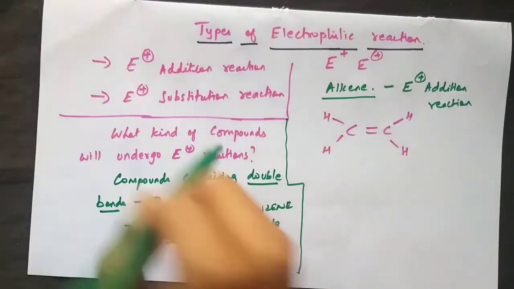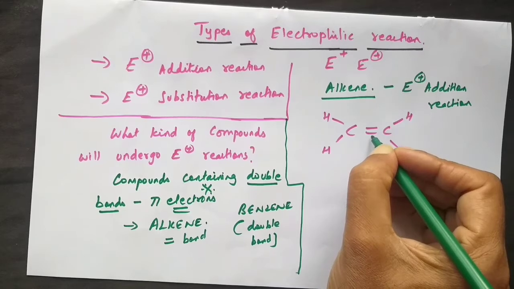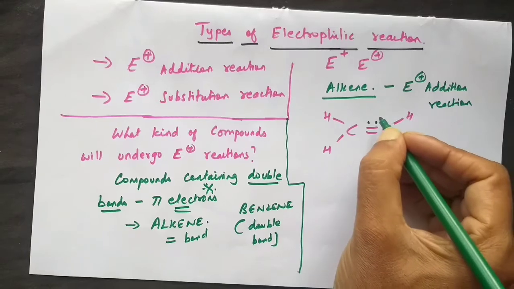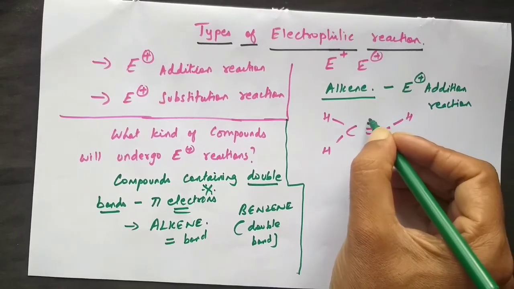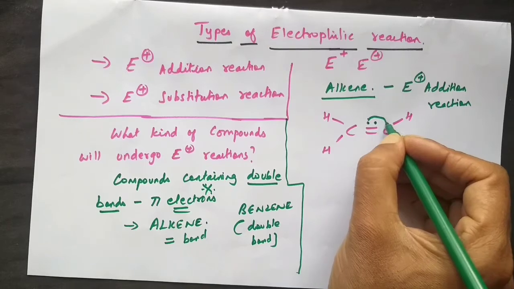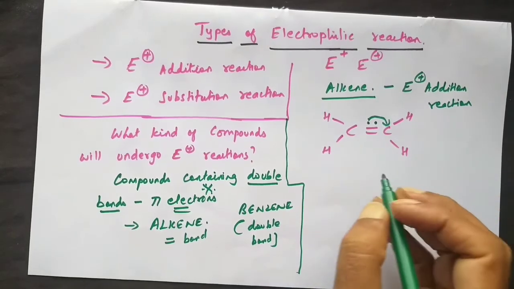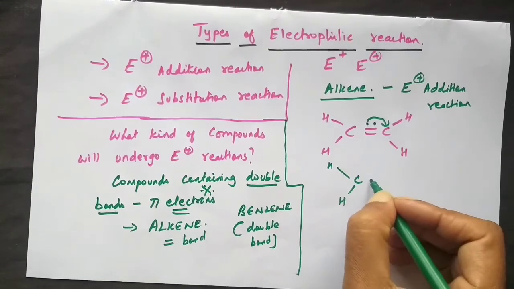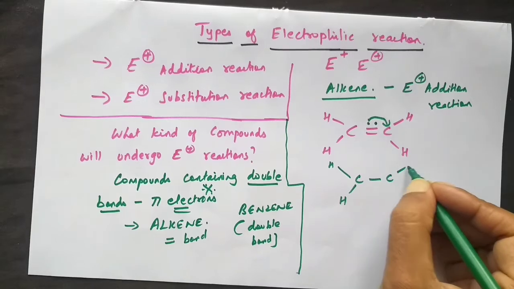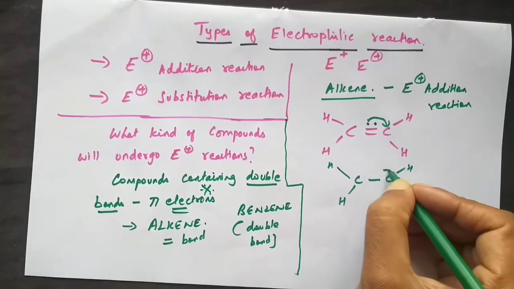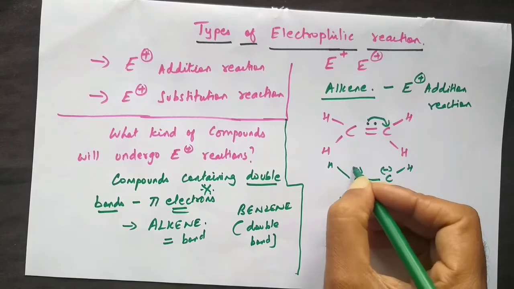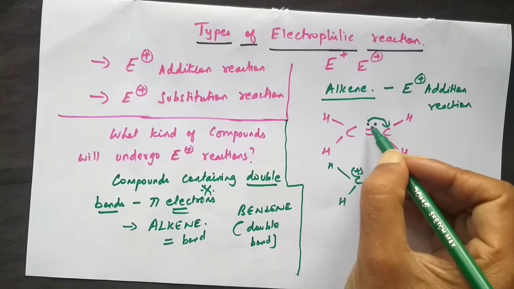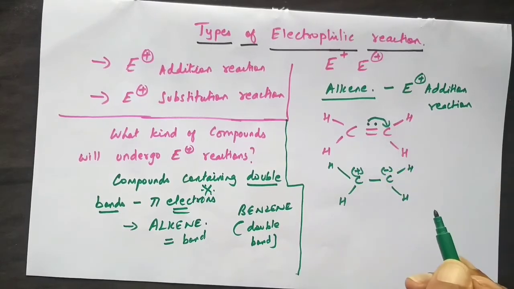We know that the first bond will be a sigma bond, then this bond must be a pi bond. The two electrons which make up the pi bond, assume that they move towards this carbon. So in the next stage I'll have the same structure, with only one bond here, a negative sign here and a positive sign here. The reason being this carbon has lost the electron, this carbon has gained the electron. Both the pi electrons are loosely bound, so they move towards this carbon.